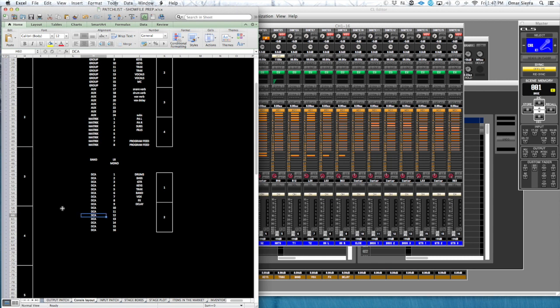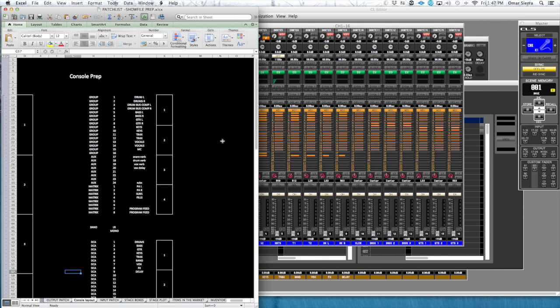Now, a few things to think about is layout. Your layer is really important. It's going to help you be quick when you do a job, and you need to be able to find a channel as fast as possible to make changes if you need to. But before you actually start typing stuff into the offline software, you need to